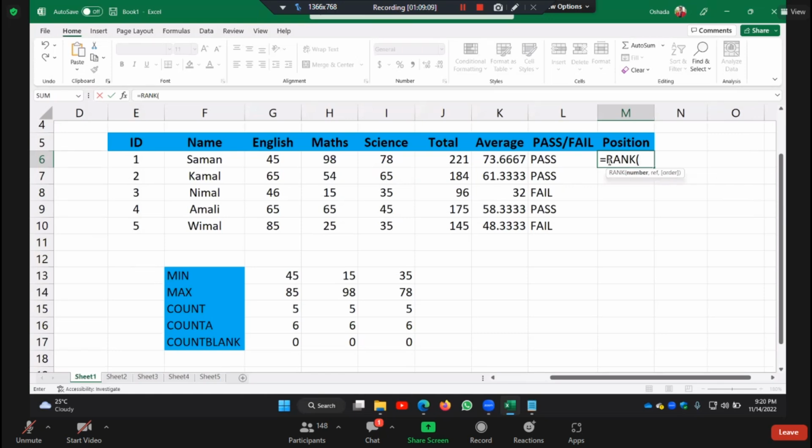function. So for example, in this scenario, we can get our rank or the position from the total. The first parameter, the number, means the starting cell of our data range. This is our data range. So we should give the starting cell for the number parameter. It is J6,